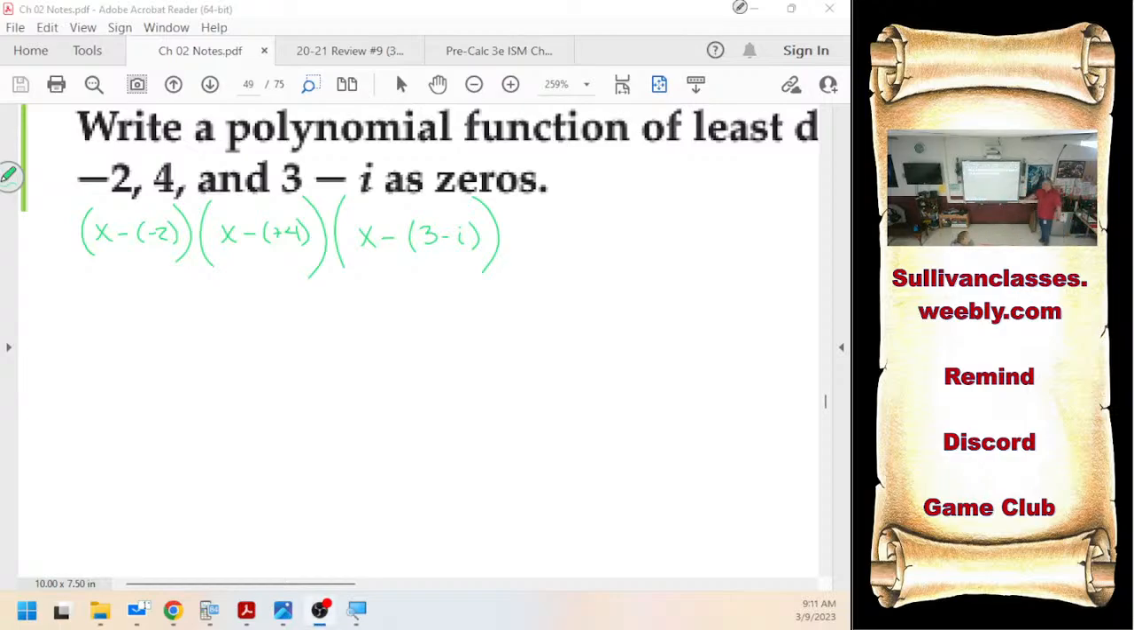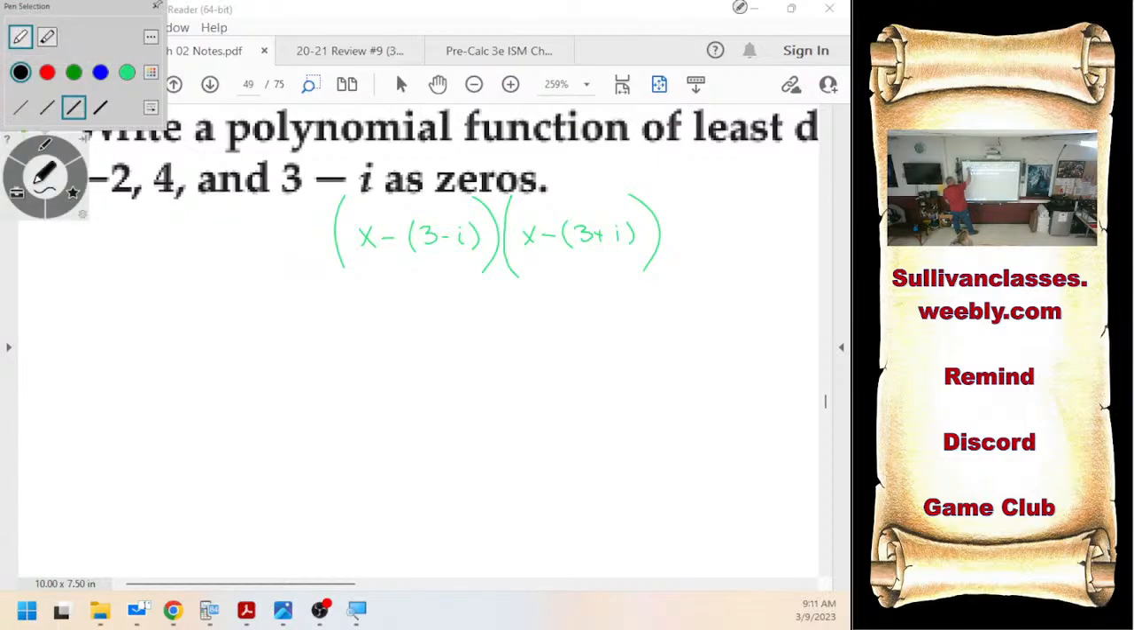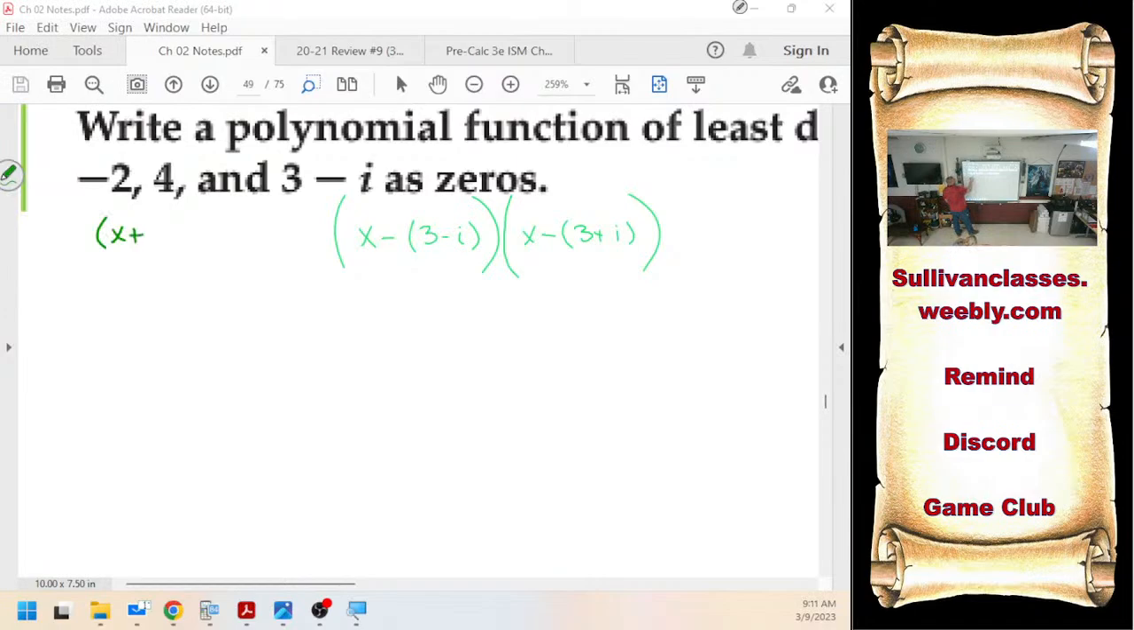Okay, and if 3 minus i is one of my zeros, got him. What else is? So that means x minus 3 plus i is one of my factors. Now, I'm not going to write this entire line out because we know to just write this as x plus 2, x minus 4,